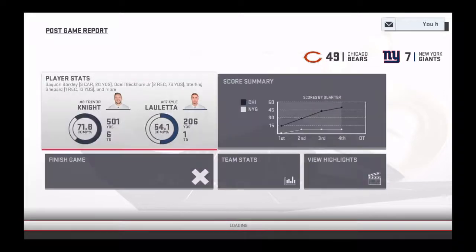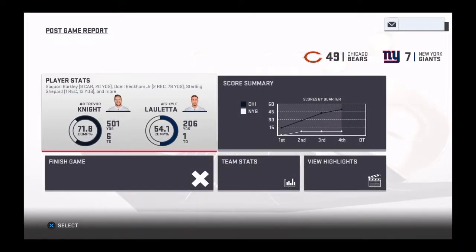So for the Bears, they continue to be one of the best teams around as they move to 10-2. And they'll